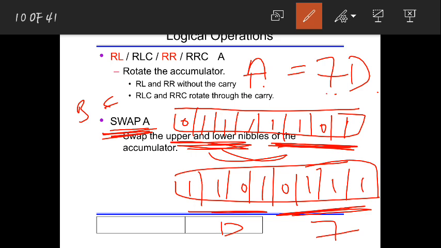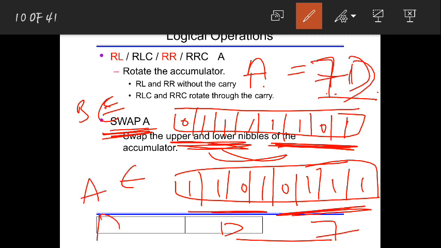So just see, before you had 7D, now you have D7. So before execution your accumulator had 7D. Now after execution the accumulator has D7. Okay, is that fine? So in this way we use this swap instruction to interchange the upper 4 bits and lower 4 bits in an accumulator.